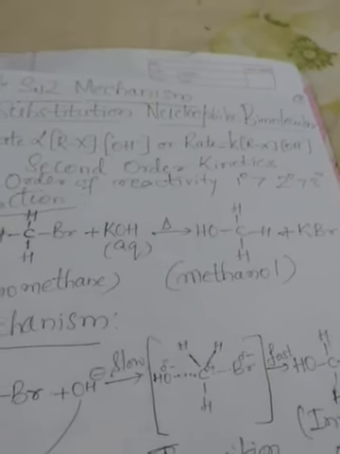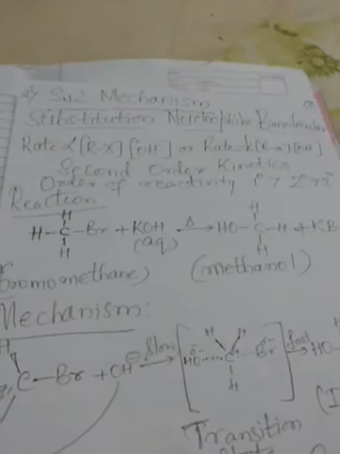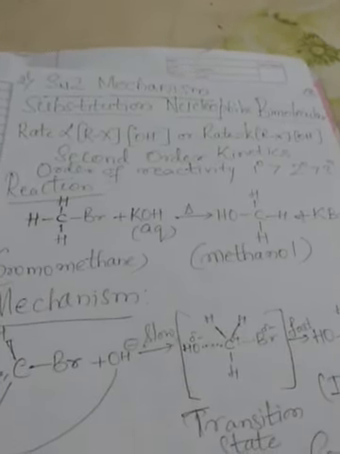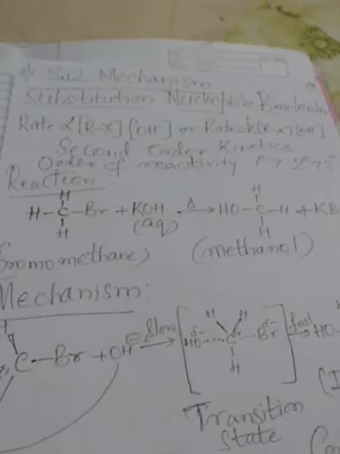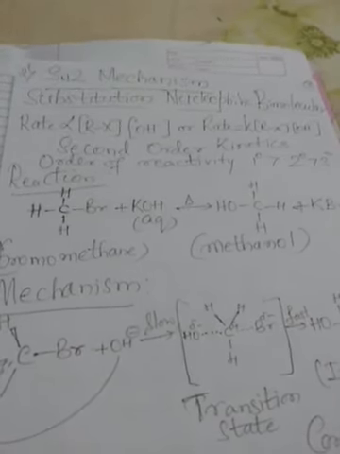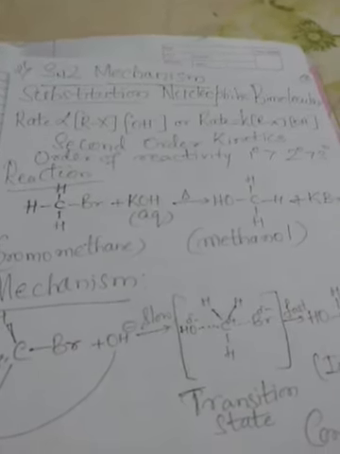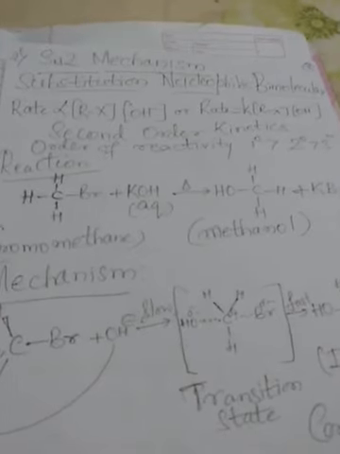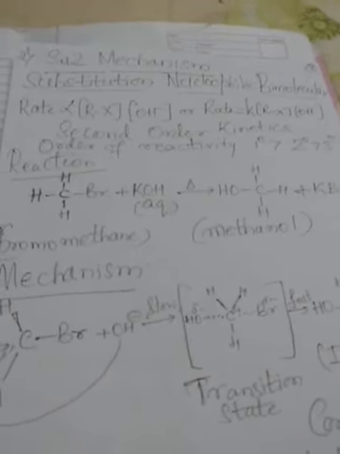So I will take an example of a primary alkyl halide, bromomethane. On heating with aqueous potassium hydroxide it will give you the product methanol. If you look at the product methanol, OH forms a bond with carbon from the backside of the leaving group Br-. This is explained in the mechanism, which has a single step, that is C-Br cleavage and formation of the new C-OH bond take place at the same time. Just look at the mechanism there.